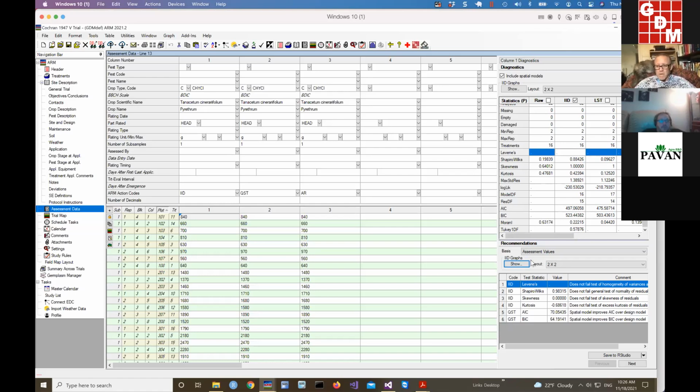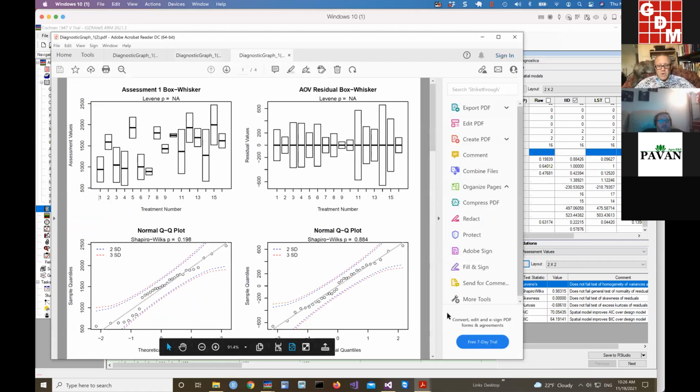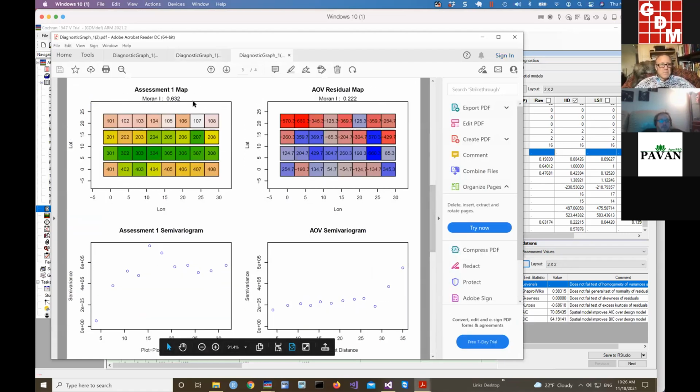What we'll do is pop up diagnostic graphs, and we see Moran's I is telling us that this clustering in replicate 3 is having a significant impact on the lack of independence in our experimental units. Clustering is a way of saying that there is a dependency structure among our experimental units. Now, when we take the residuals, we improve upon Moran's I, but there is still a degree of clustering